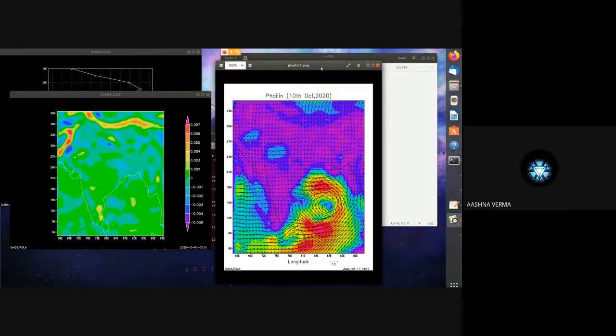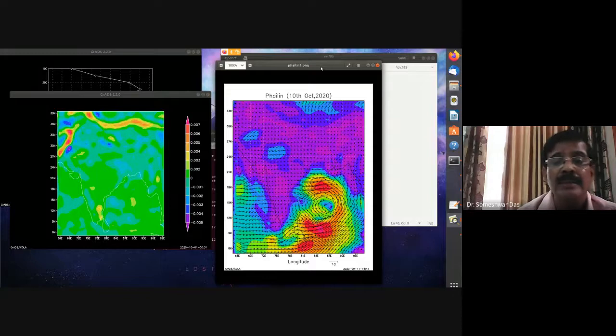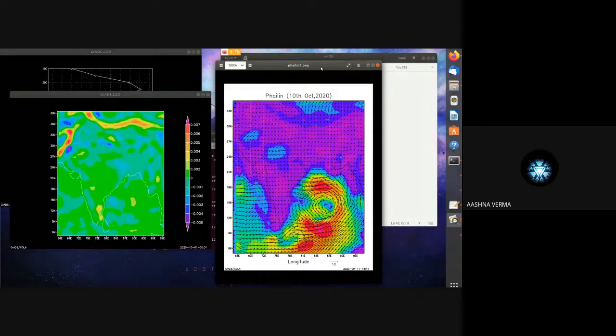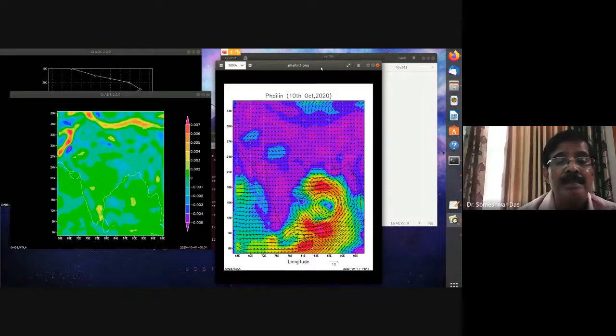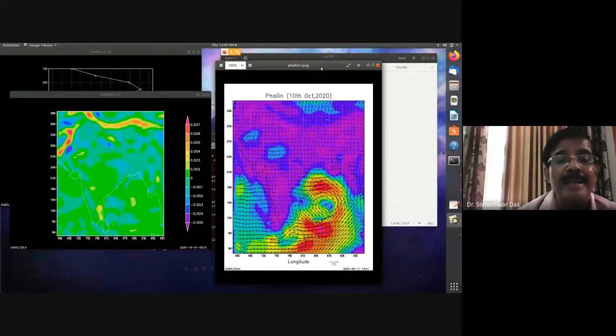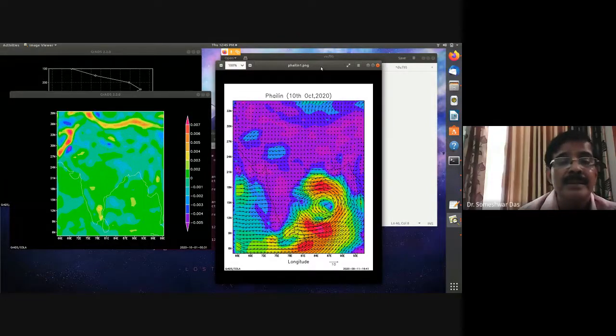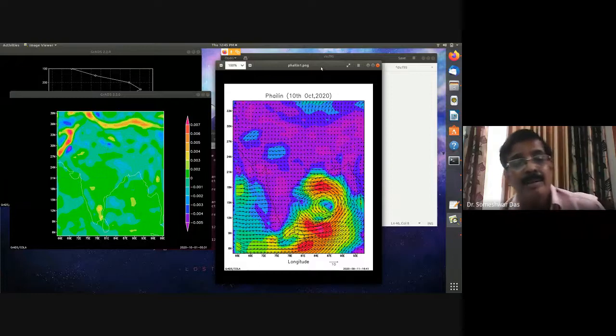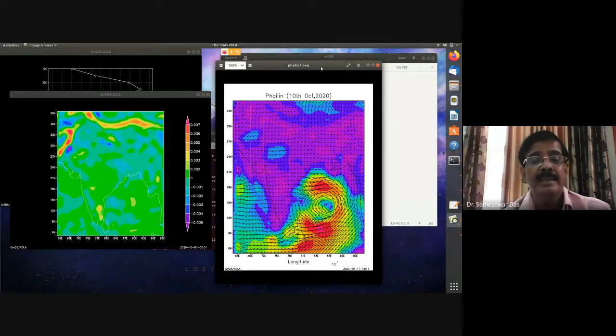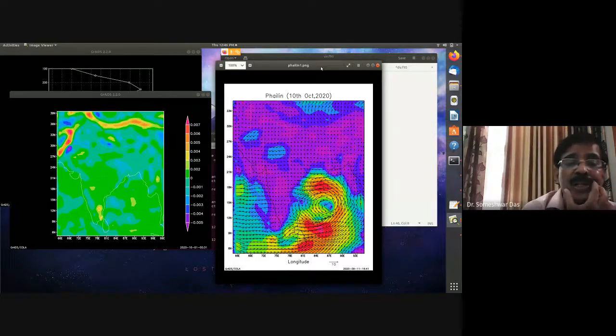And the green values are negative. So it looks like at the center of the cyclone you have positive, and in the surrounding area you have negative values. In the eye of the cyclone, anything can happen, it is a calm region, but the surrounding area you have negative, which is supposed to be upward motion. So logically it sounds okay.